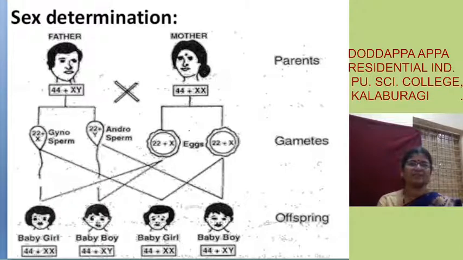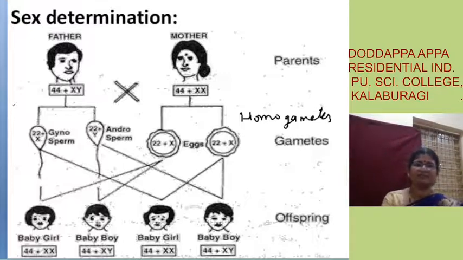Now you have to go for sex determination. So here the sex determining factor is present with the male. And you know the chromosomal complement of the male: it is 44 autosomes and XY sex chromosomes, and the females have both X chromosomes. Fine. Sorry, females are homogametes, sorry children. Females are homogametes as they produce all the gametes with the X chromosome. And males are heterogametes.